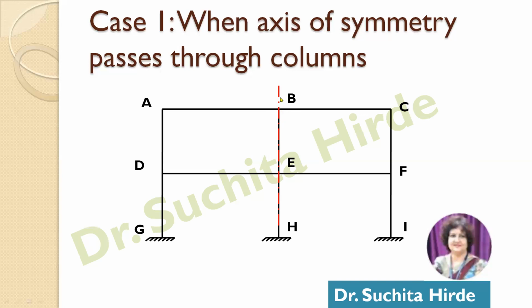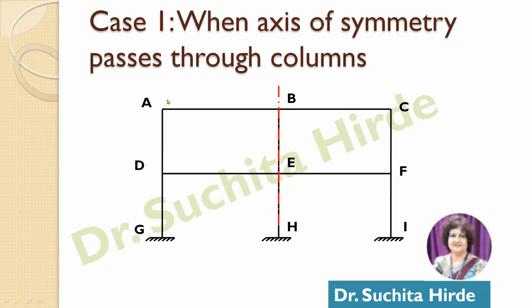So therefore, we can consider a fixed support because at fixed support, no vertical displacement is possible, no horizontal displacement is possible, and rotation is also not possible. So we can imagine the fixed support at joint B. Similarly, we can imagine a fixed support at joint E. So we can remove this member BE and EH and we can modify this frame with only this half part